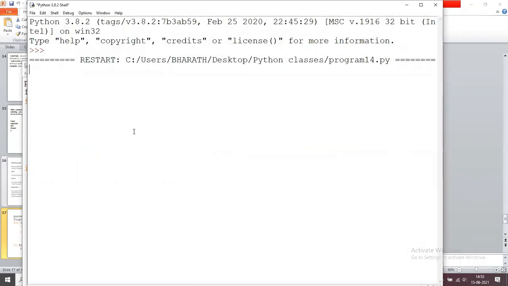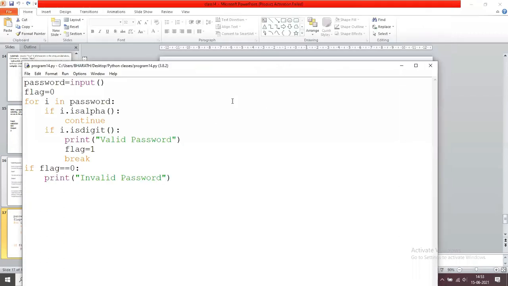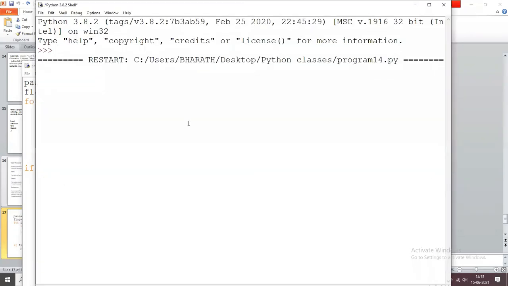So for example, say apple2@, it displays valid password. If apple@2, then also it displays valid password. Okay, here we ignore these special characters. Why?